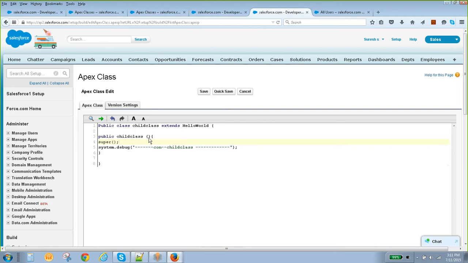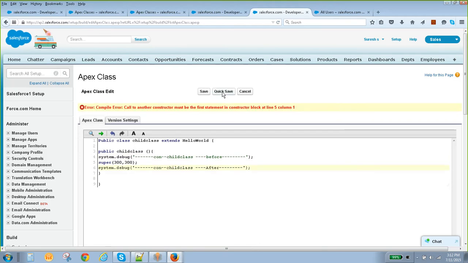By default we have to pass some value. It should be first.